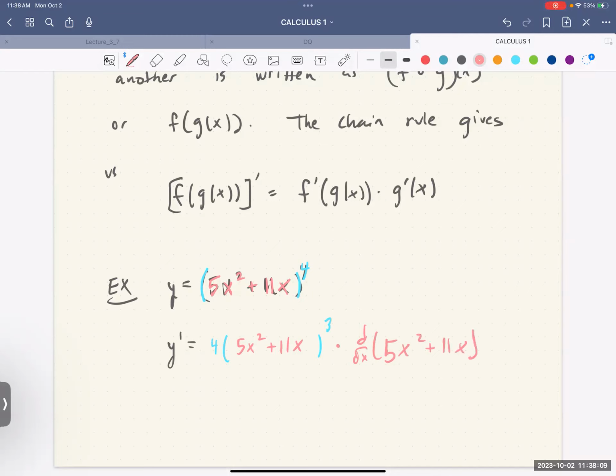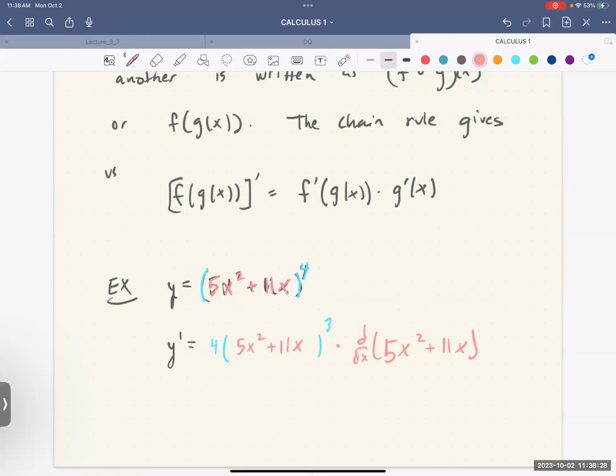We've differentiated the outer function, something to the 4, using the power rule: the 4 goes down to the front, we subtract 1 off the exponent, repeat the inner function,